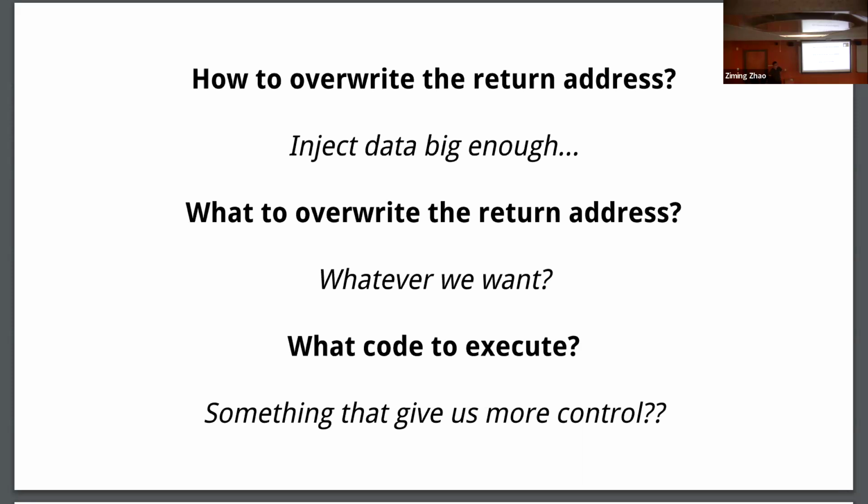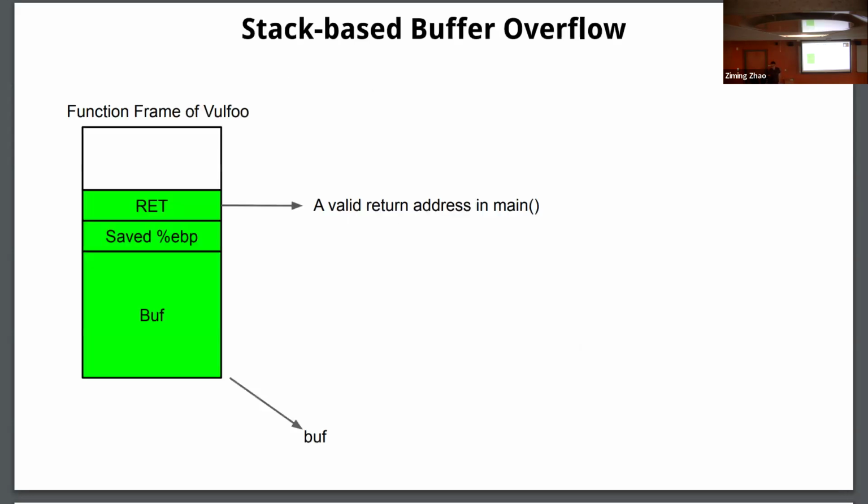Then after we overwrite that return address, eventually we're going to execute some instructions, some program at that address. Then what code, what instructions should be there? Previously that was just the print flag function. Now we don't have that. So how do we create that in the address space? So this is a simplified